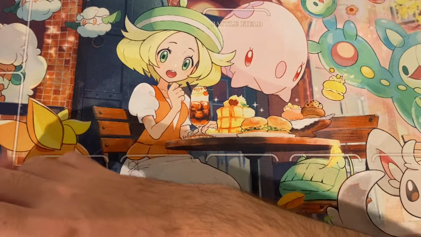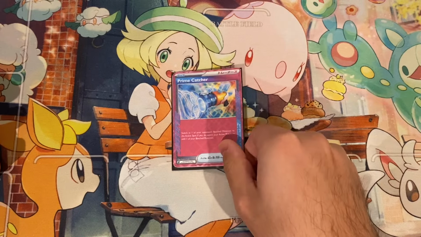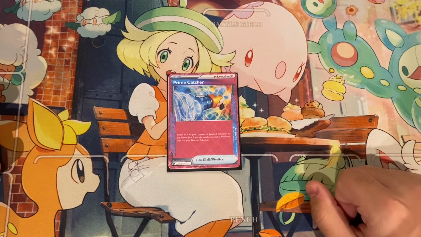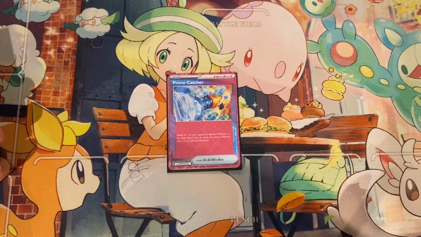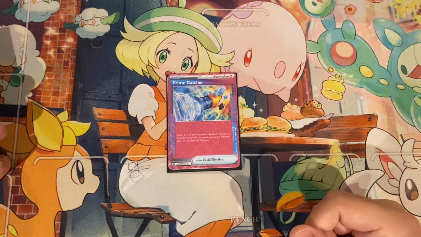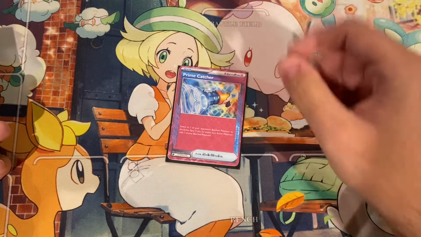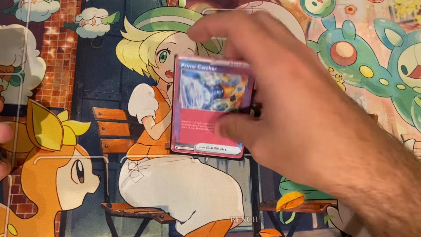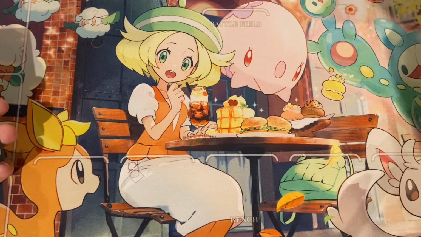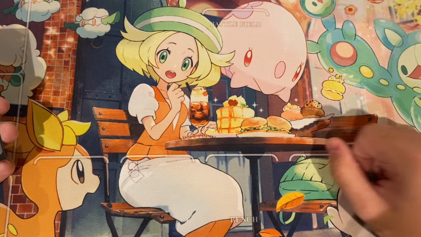Then we move on to the Ace Spec of choice. I do choose to play Prime Catcher. I was playing Max Belt before, but I didn't find that Max Belt really did anything a lot of the time. It really just helps for the Gholdengo matchup, and that's really it. Prime Catcher allows you to take KOs that you wouldn't be able to take otherwise. I really do like the Prime Catcher in this deck. I do feel as if Prime Catcher is the best choice for an Ace Spec. I mean, you could also run Hero's Cape if you wanted to, but